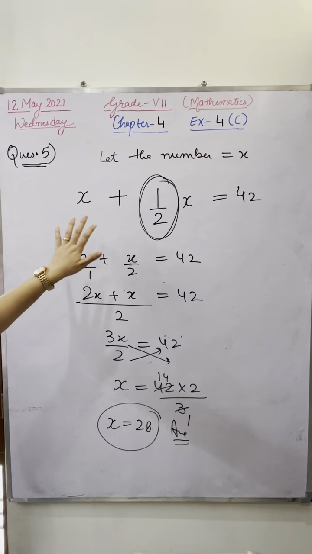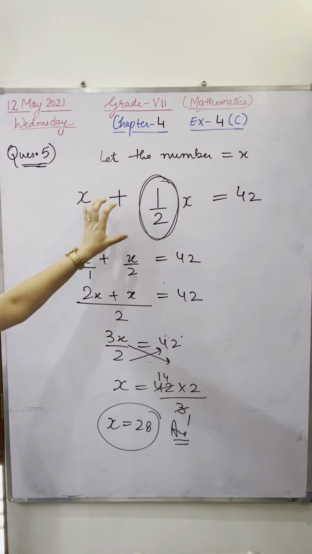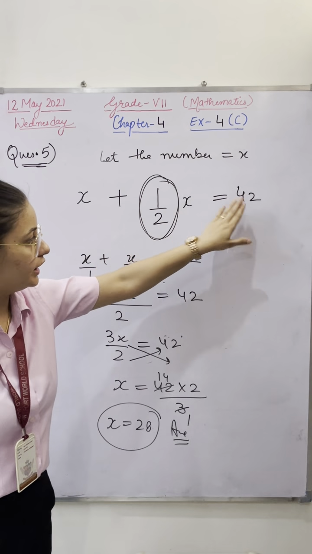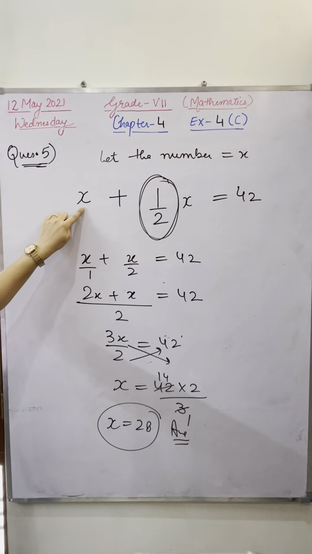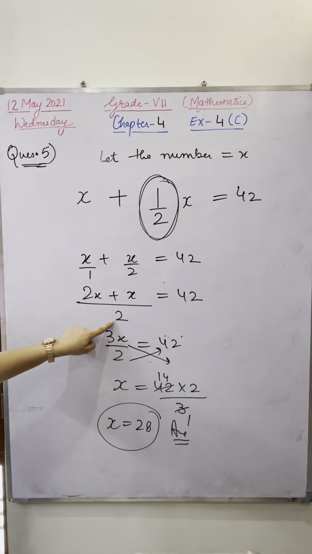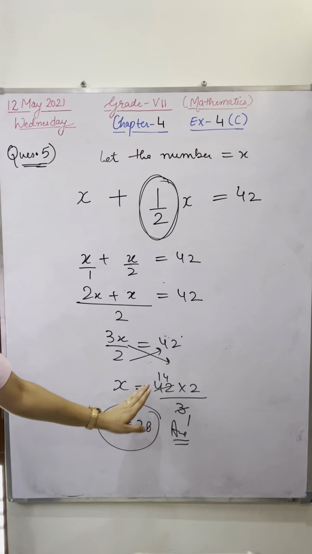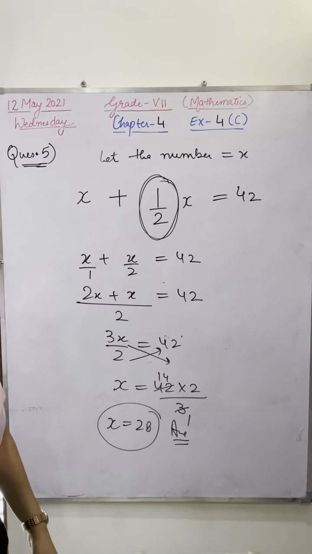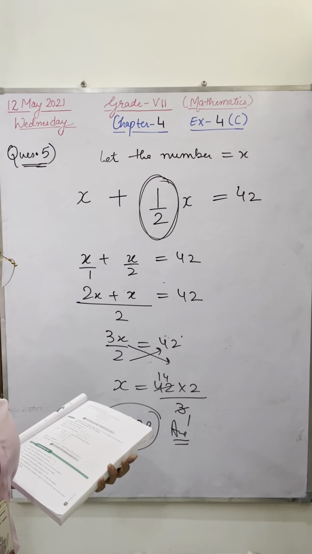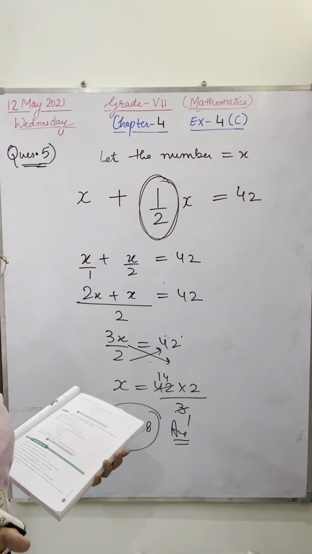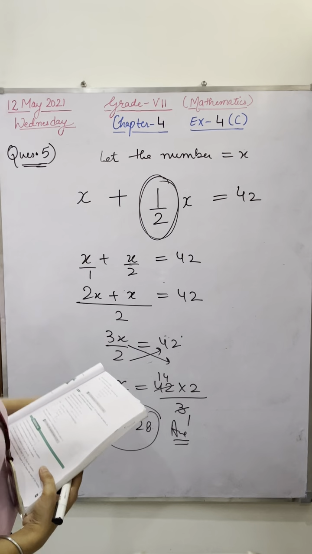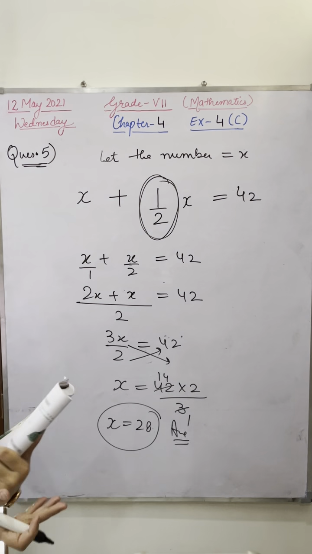They are saying that a number when it is added to its half means 1 by 2 of x, and gives you 42. This is a simple number and this is given in fraction. So write 1 and take out the LCM of 1 and 2, that will be 2. Solve it, then do cross multiplication and take out your answer. Abhilasha and Dikshant, 7th Florence. Kartike, is it understood by all of you how to convert the question into a linear equation and then how to solve?